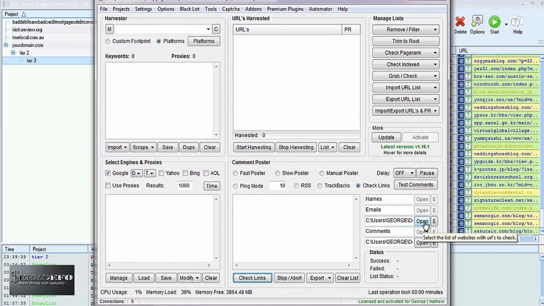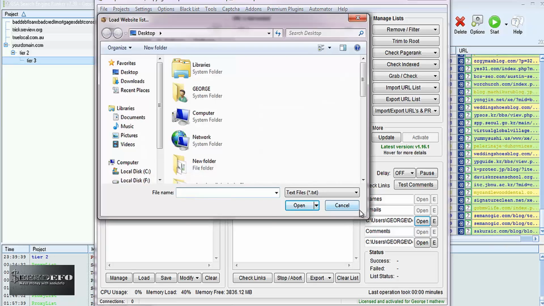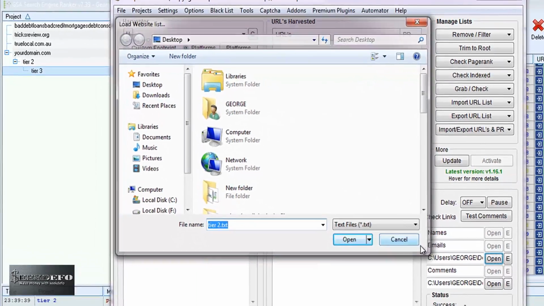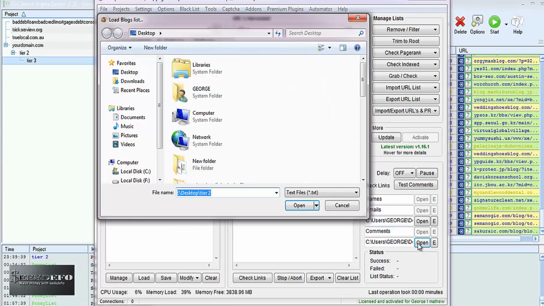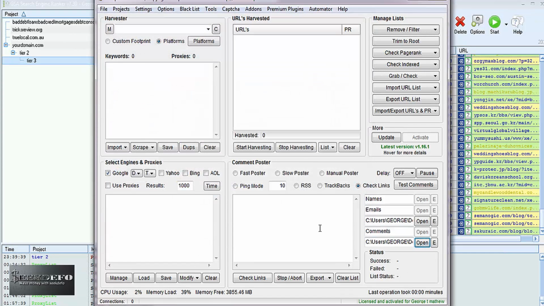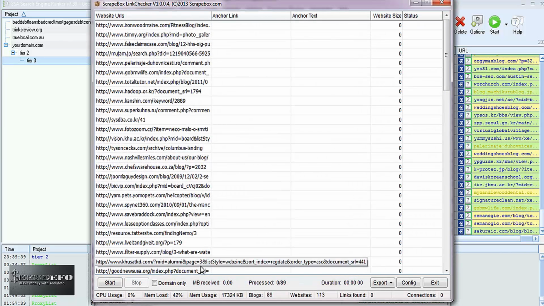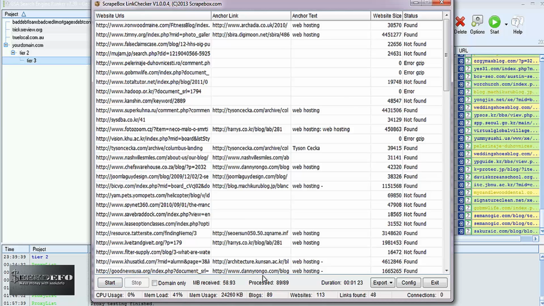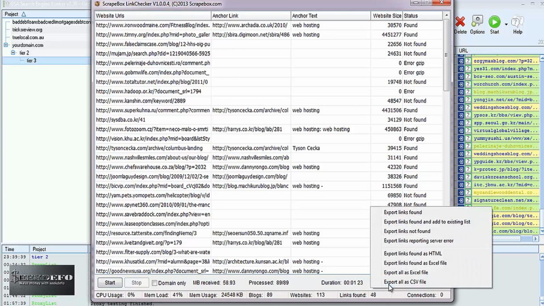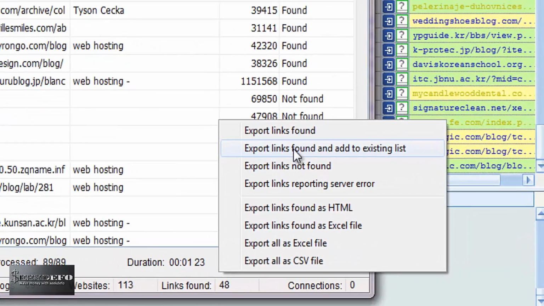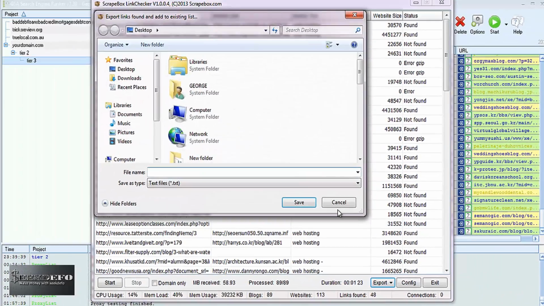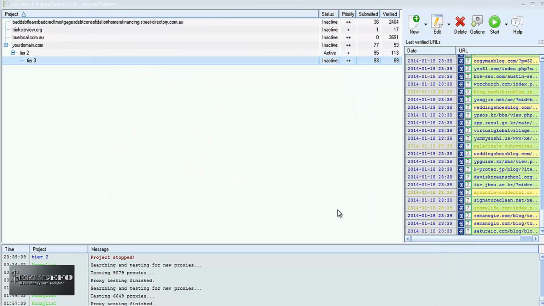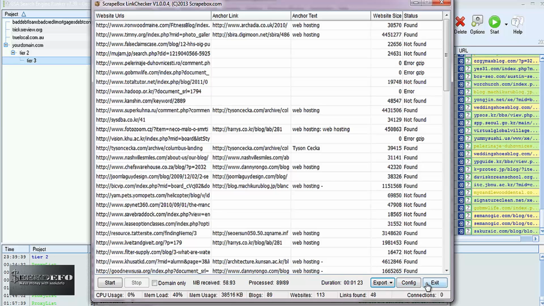In the websites tab I would go for tier 2, and in the blog lists I would go for tier 3 and check links, start the process, and that is done, and we have found 48 links. Export and add to existing links, and that would be found. And once that is done, we would exit this,